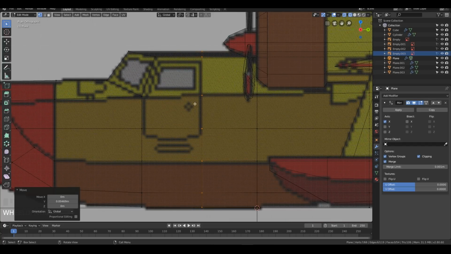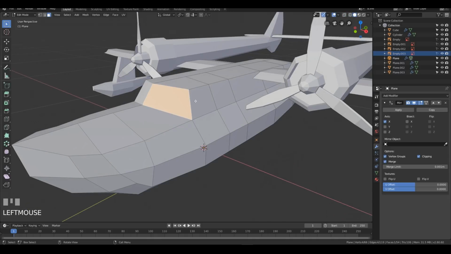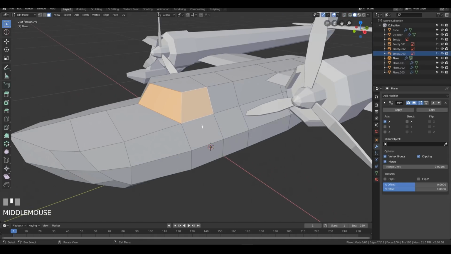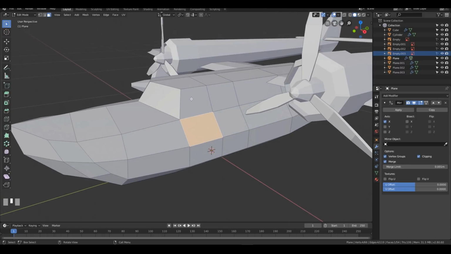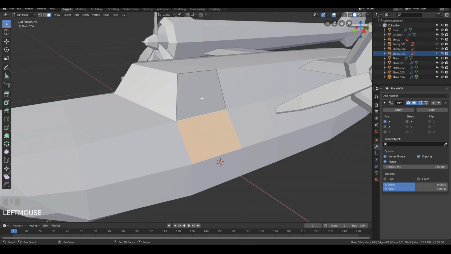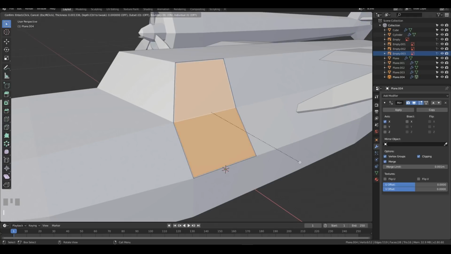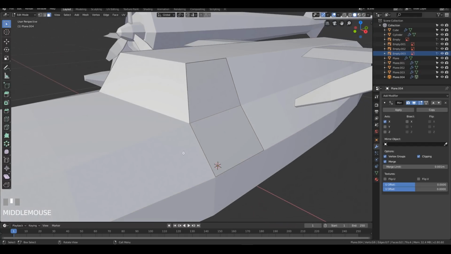Okay. I think we can make some windows here, and the door should be here, but yeah, we can do them. We can separate this. Press P to separate. And inset this a little bit, only a little. Press Ctrl I to select inverse and delete the faces. So there's a nice gap there